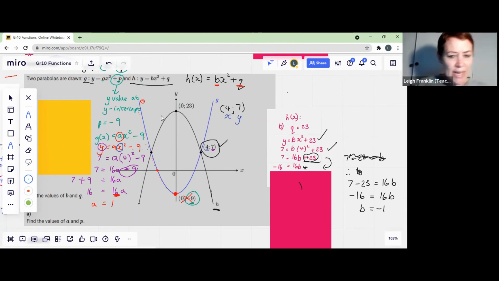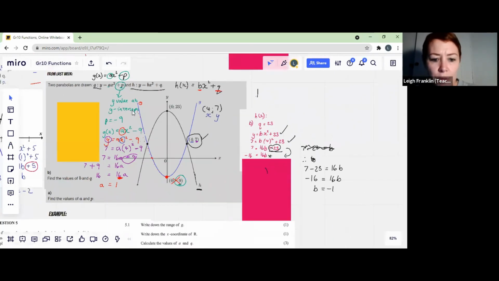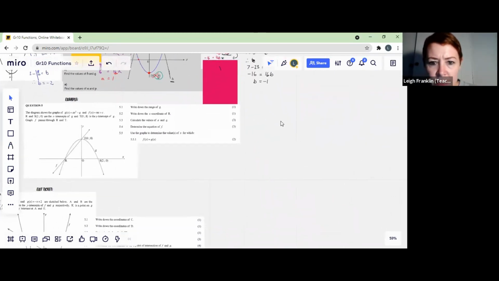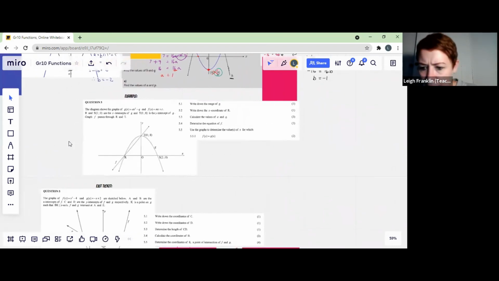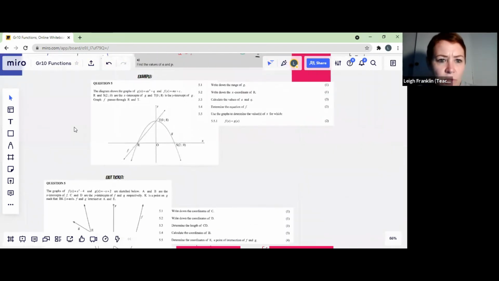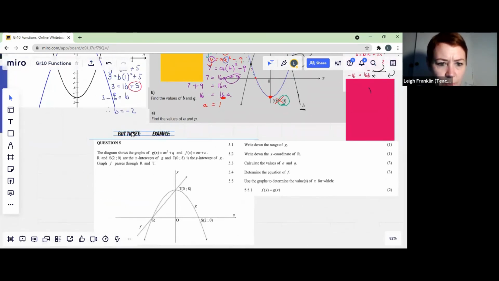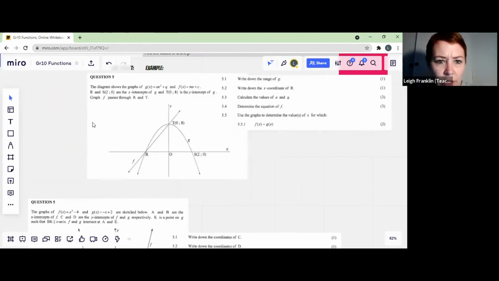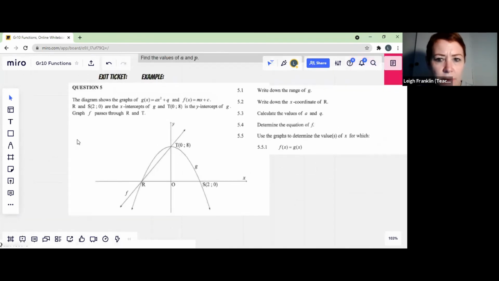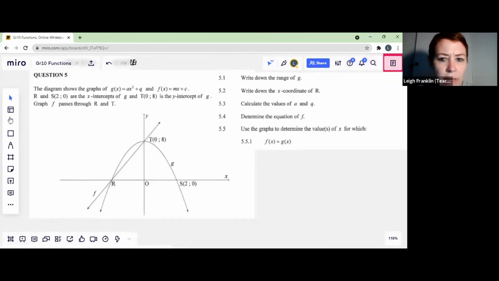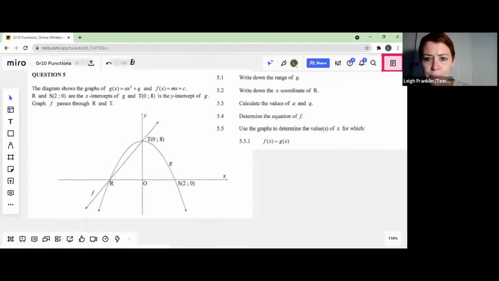Now what I'd like to do is give you an opportunity to have a look at an exam type question. I'm hoping everything is okay with that. I'm going to move the board up, and then I'll make it bigger again. Judging by our time, this might also have to be our exit ticket, but we'll play it by ear and see how things go. Hopefully that is big enough for everybody to see.